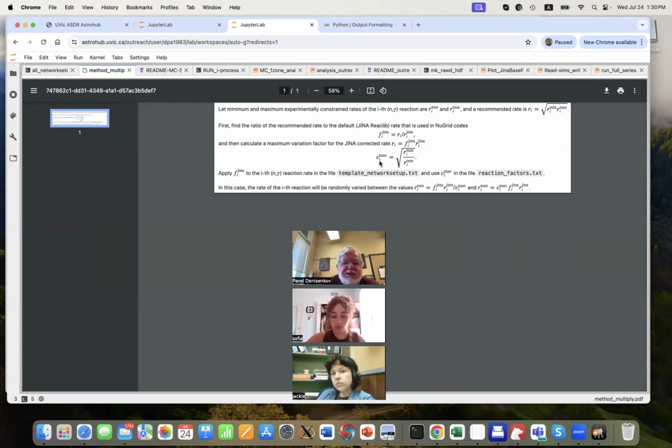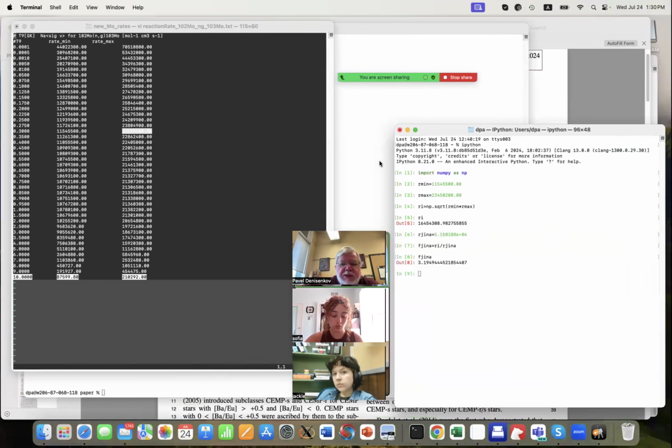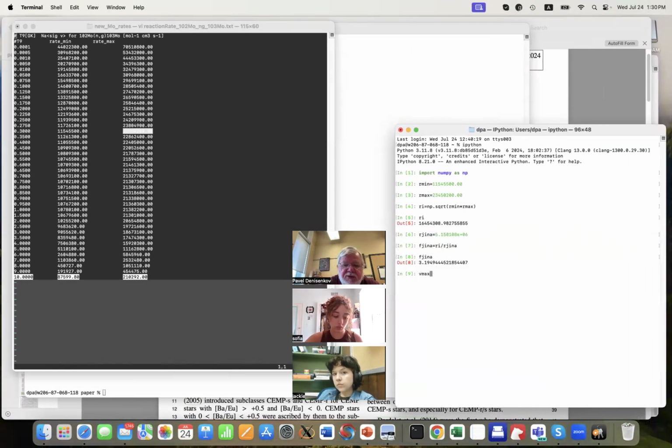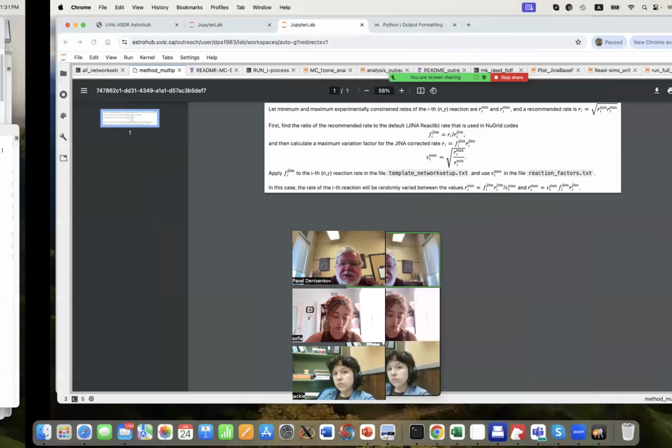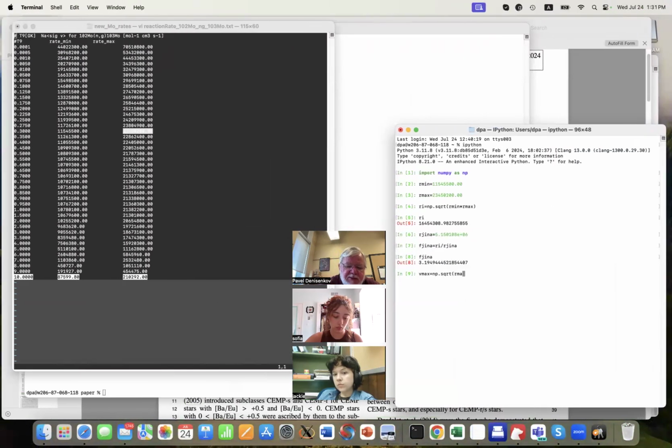Let's call it Vmax. So Vmax new is just np.sqrt of R max divided by R min, and Vmax is equal to this one. Okay, so now I have these two numbers for the first reaction rate, molybdenum-102 n-gamma, and I am going to substitute them in the right files for Monte Carlo simulations.